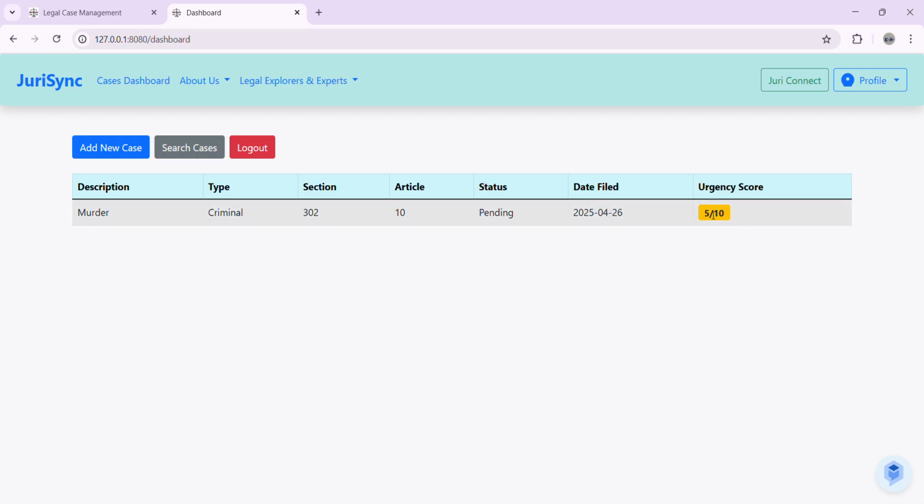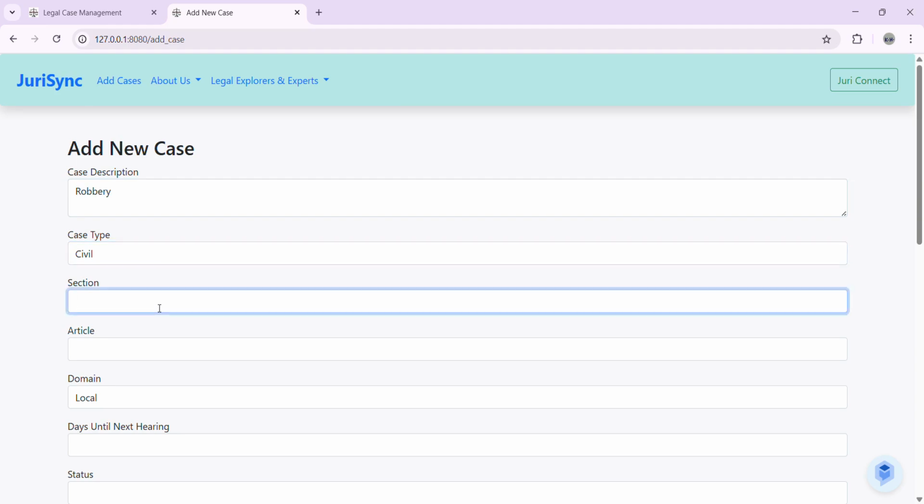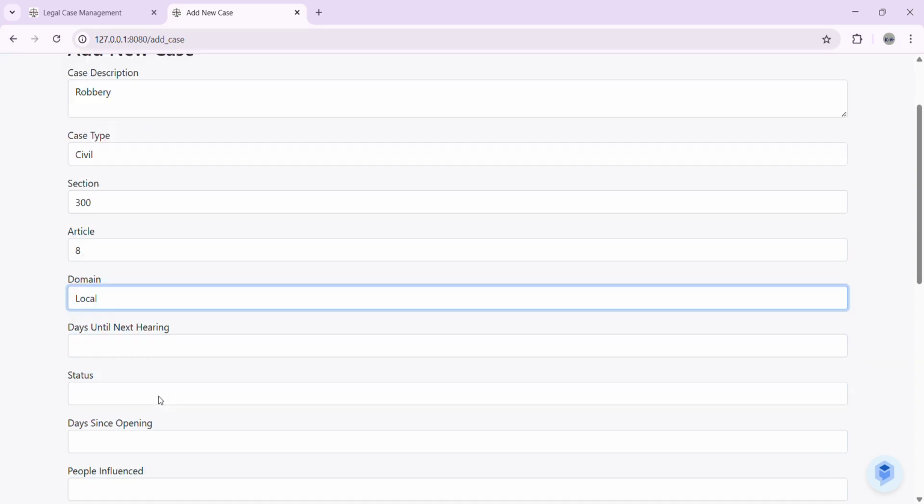See, this is the case, and this is the urgency score given by our algorithm according to many input factors. So in order to see the smart case prioritization that I was talking about, let's add a few more cases. Let's add a robbery case, case type civil, section let's give 300, article 8, domain local,